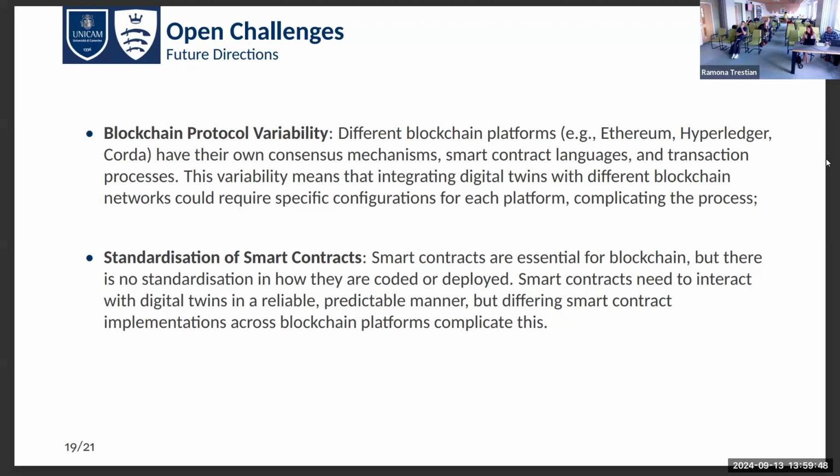It means that, for example, if we develop a solution using Ethereum, it's not so easy to create the same solution using other platforms, offering, for example, different smart contracts with different properties. So one thing that we could do is at least create a standardization of smart contracts, with some models or languages that are quite similar to each other, for which it is easy to translate the solution from one blockchain to another one.